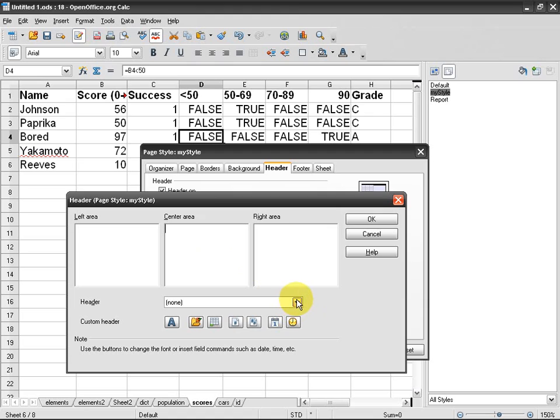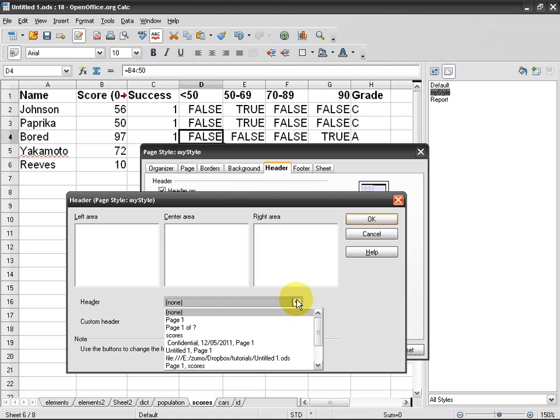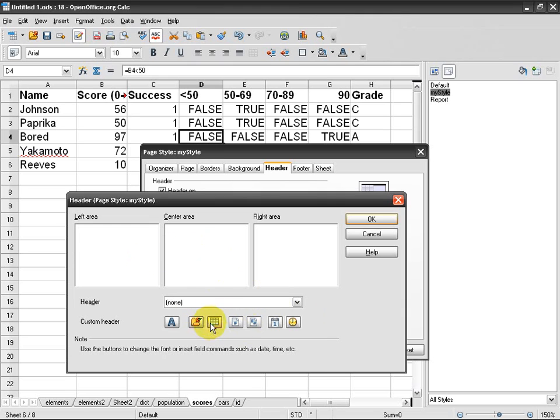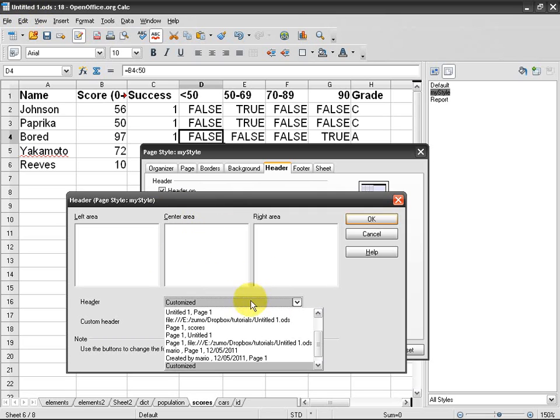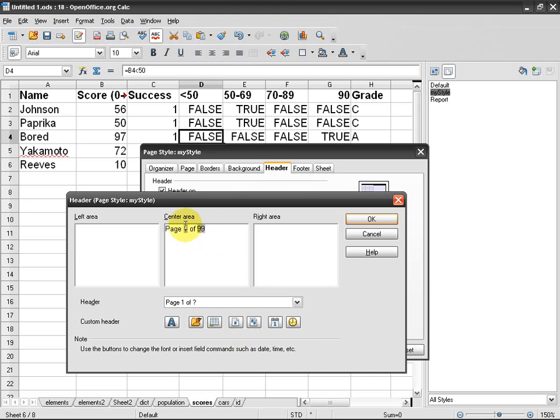So we've got fields. We've talked about fields. So we can have something like this. So this is the title. This is the title of the document. So the document is called Untitled 1. So this is the document title, and then you've got none or page 1 of something. So here you've got the number of pages, the number of the actual page, and then the total number of pages,